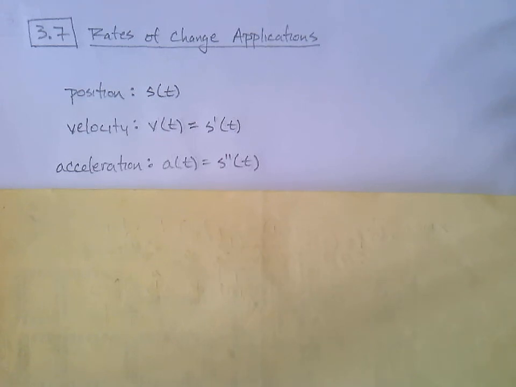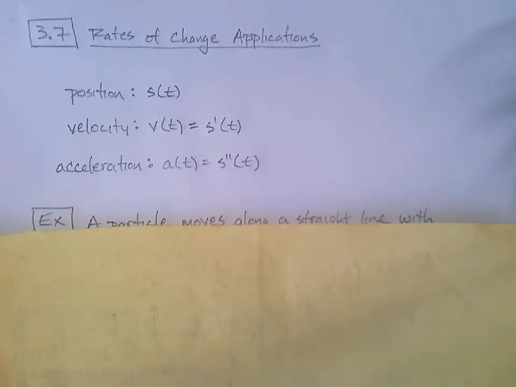We know this from before, I showed it to you already. The position is typically given as the function s of t. Velocity we think of as v of t, and that is the derivative of position. And then acceleration is a of t, that is the second derivative of position, or you could even think of it as the derivative of velocity. Okay, our first example